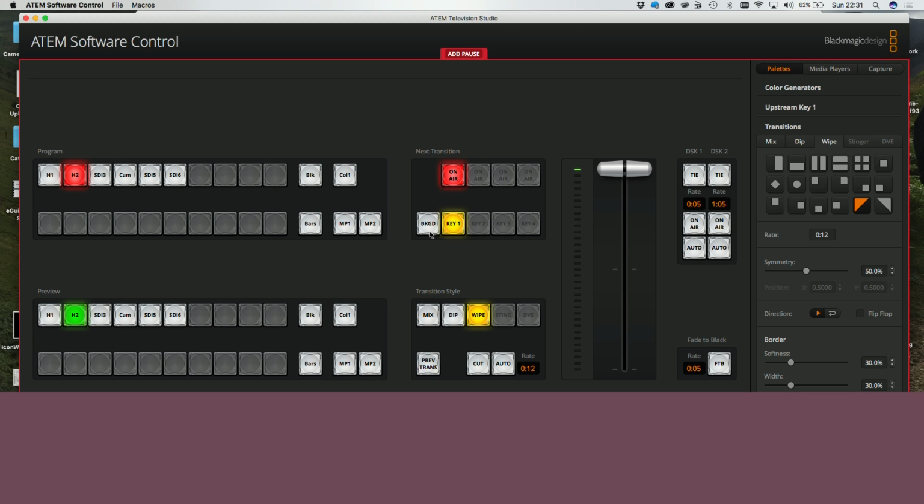So to do that, we need to then go back to background here to get the preset come through. And we don't have to change the transition style because there's a separate cut button anyway. So then we can cut that. Now you didn't see anything, and hopefully it registered my mouse click. And then we can go off that then, and we can select Keyer 1, and we can go another wipe for 12 frames, and we can do